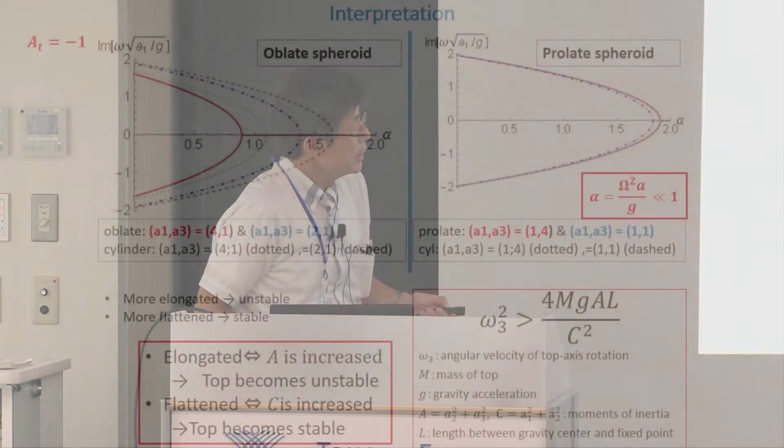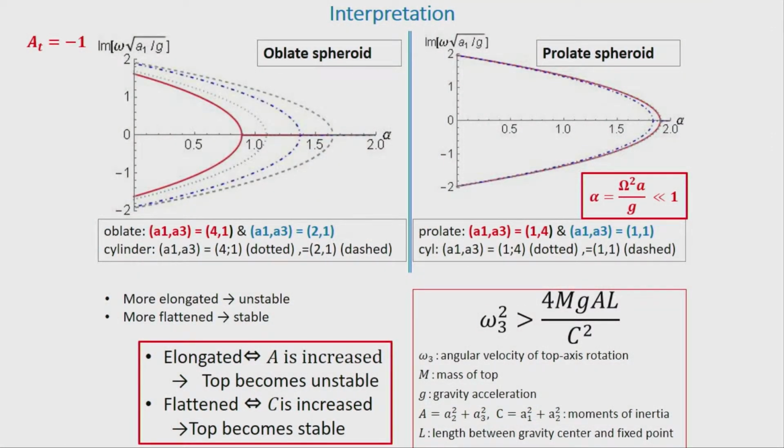And the case of the axis ratio 2 to 1 is this. And again, oblate spheroid is more stable than the cylindrical case. But for prolate spheroid, the elongated case, cylinder and spheroid do not differ much. And this is just an overview. And the difference of the aspect ratio is understood from the view of the previous case by comparing with the stability